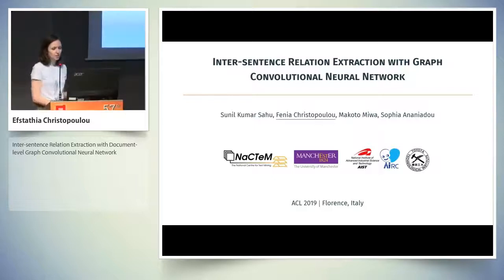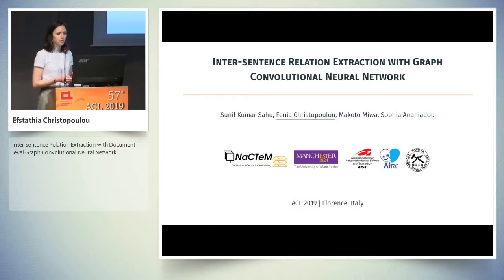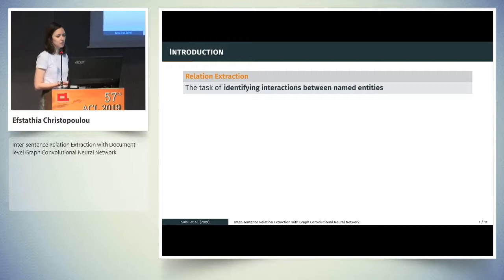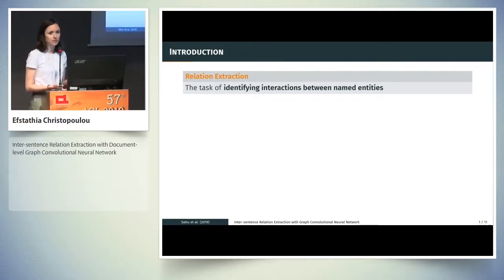Thank you for coming. So I'll speak about our work on inter-sentence relation extraction with graph convolutional neural networks. So a little bit about the task. Relation extraction is essentially the identification of relations between named entities, and it can be considered as two types